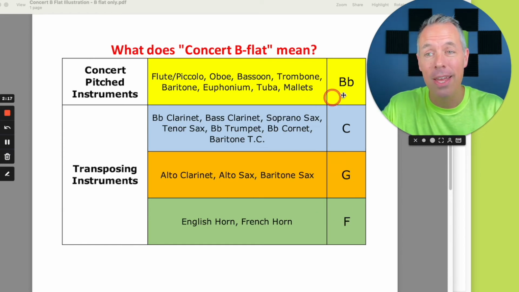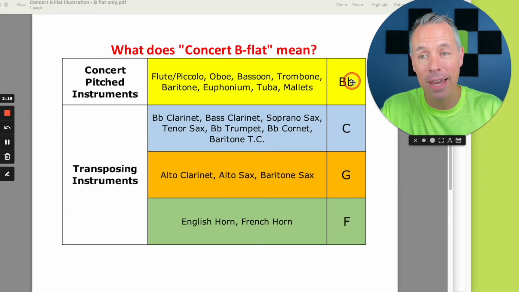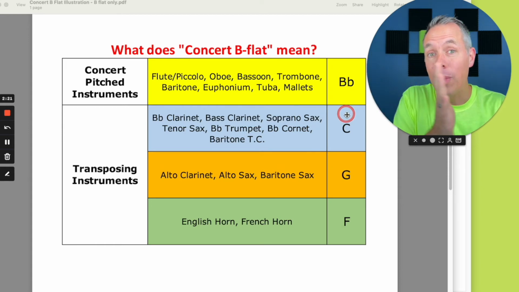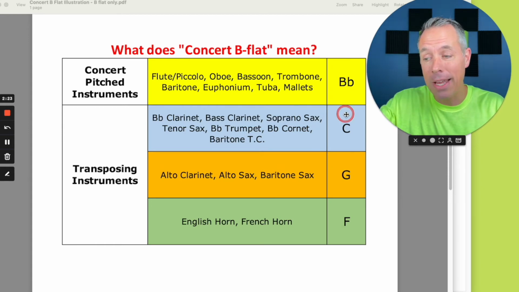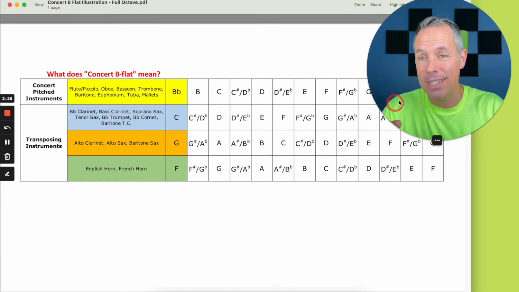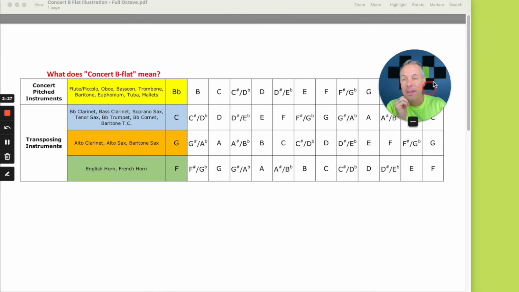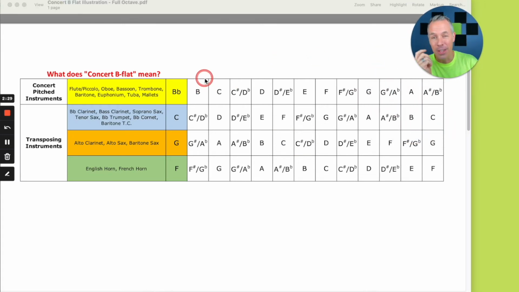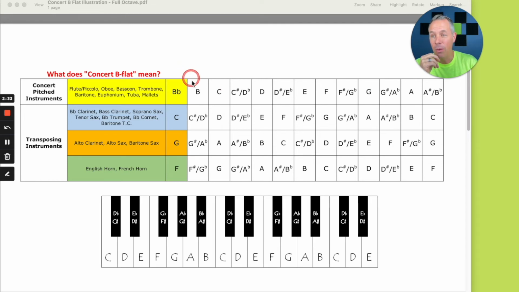By the way, this is a single concert B flat, but what about all the rest of the notes in a chromatic scale? Let's look at this here. Now, you recognize if you were playing a piano, this would be a black, white, white, black, white. So these are all the black and white notes, a chromatic scale. And here are the concert pitched notes and how they transpose to all the other instruments.